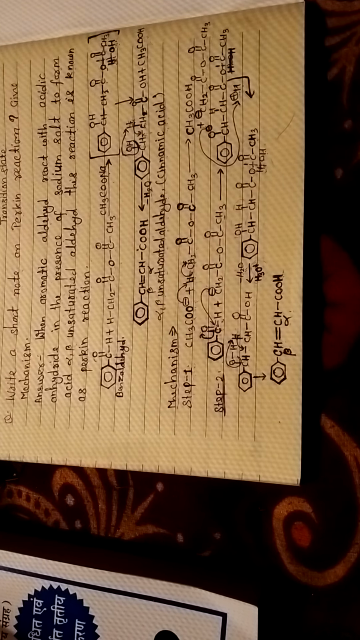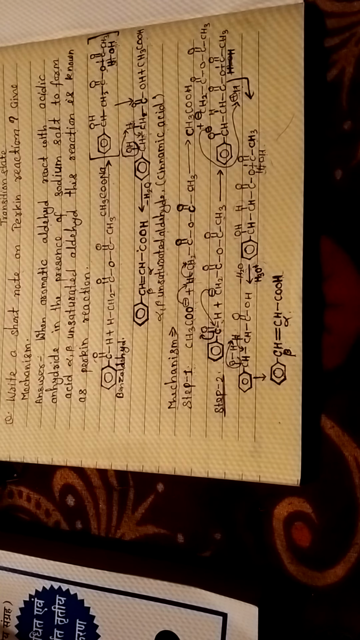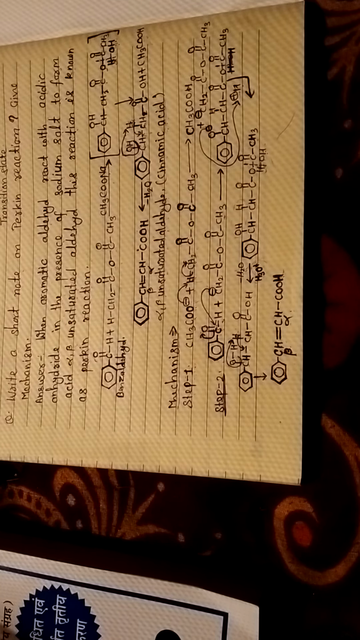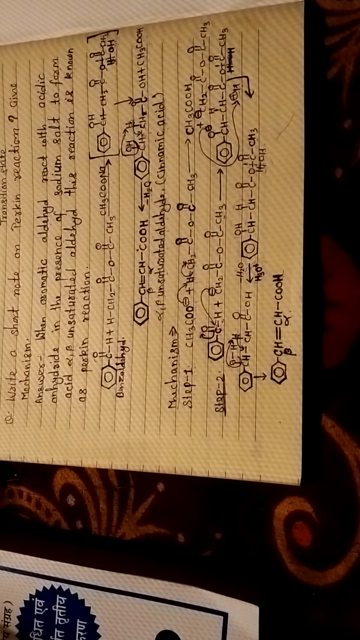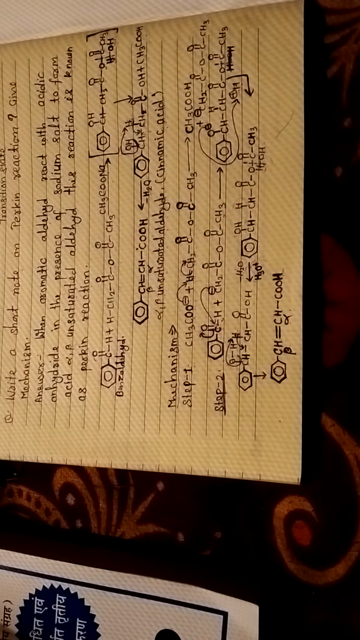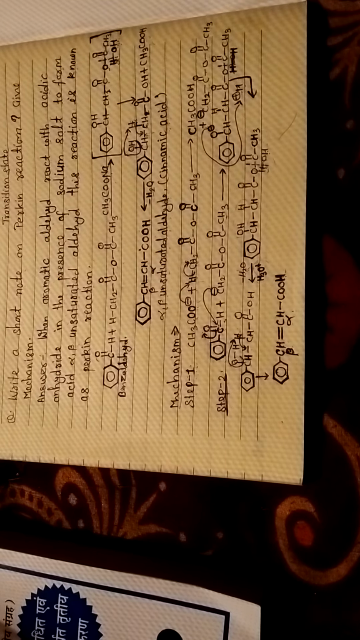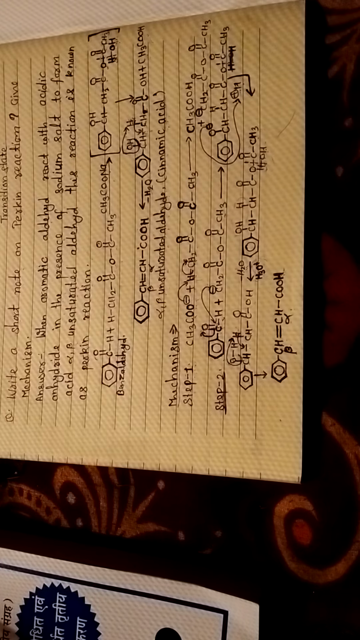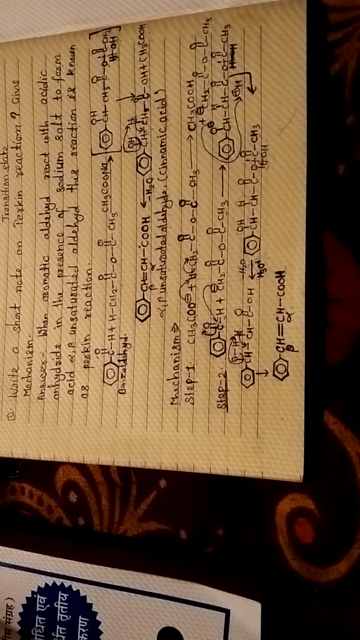Write a short note on Perkin reaction. Give mechanism. Solution is given below. When an aromatic aldehyde reacts with an acid anhydride in the presence of a sodium salt to form an alpha beta unsaturated acid,